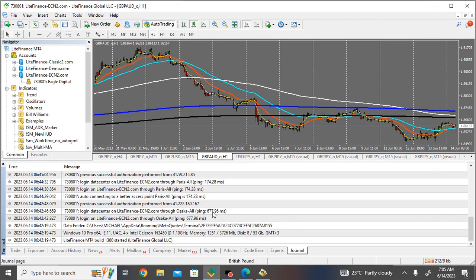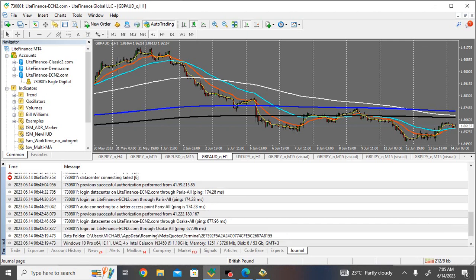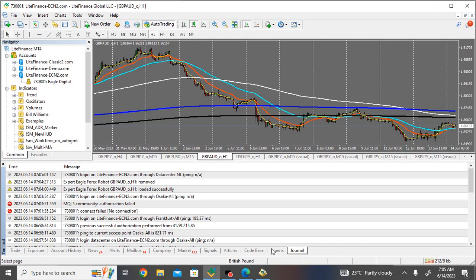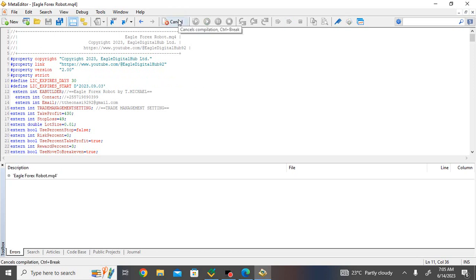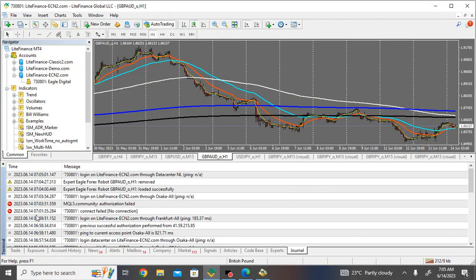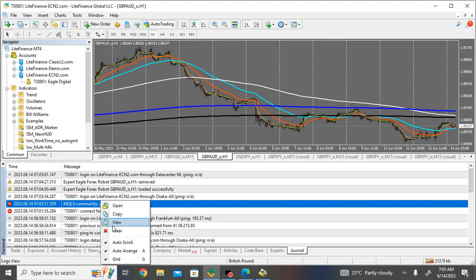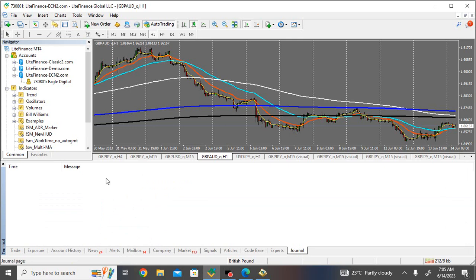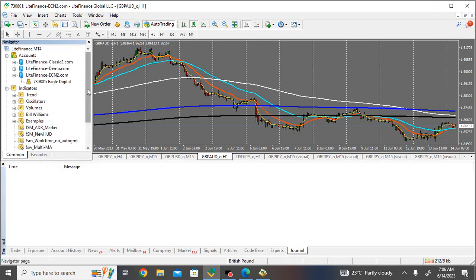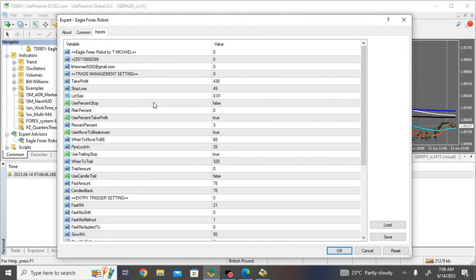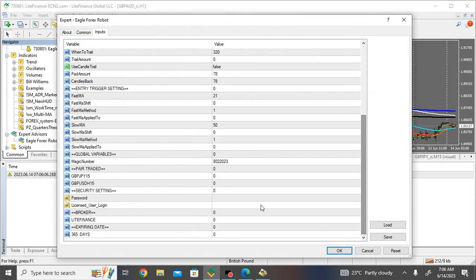So this was removed because the license is not active. The license is not active until I change it here. Then your robot is going to work. Maybe this one. If I refresh, let me delete all of this. If I refresh here, let's put our robot, let's put our parameters,